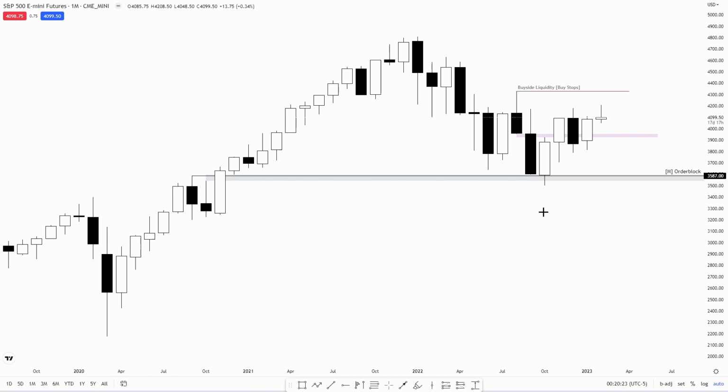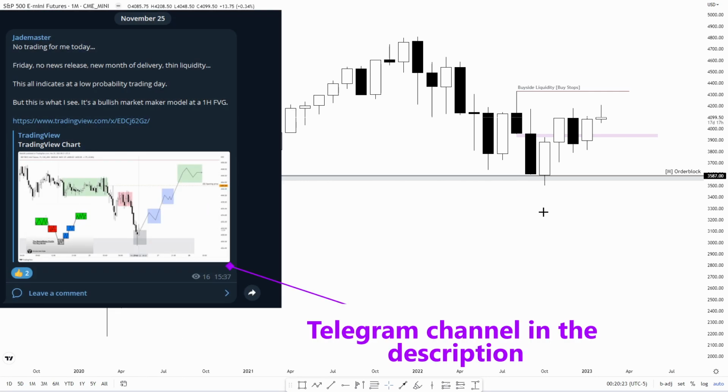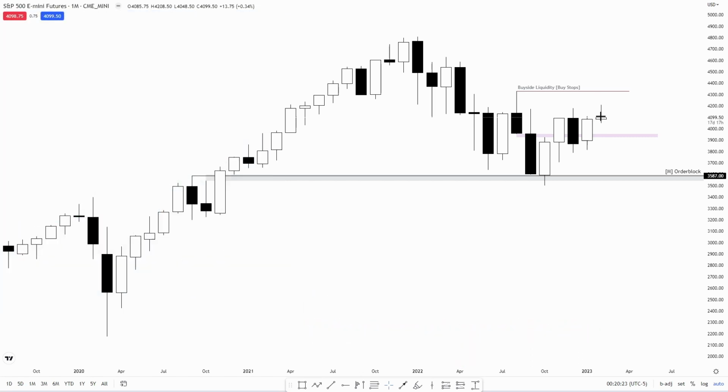You're currently looking at the monthly time frame from the S&P 500 E-mini futures, and as you can see, the monthly candle retraced lower after taking out these relative equal highs. But we're still rejecting the monthly order block coupled with the fair value gap, and we are still looking for a run above this buy side liquidity. So my long-term bias is still bullish. We want to see a run above the buy side liquidity, and I think that's it with the monthly time frame. Now let's get into the details and look at the weekly time frame.